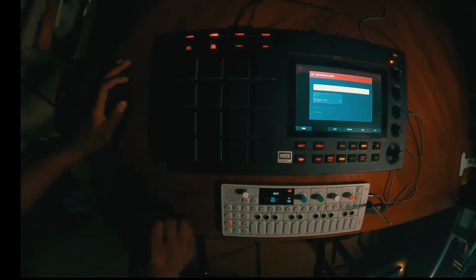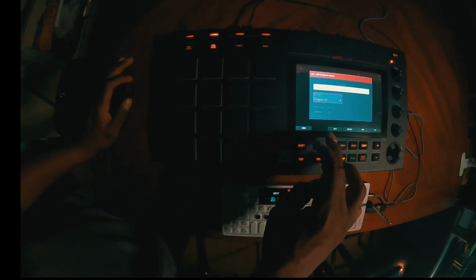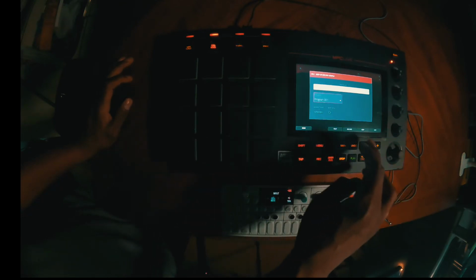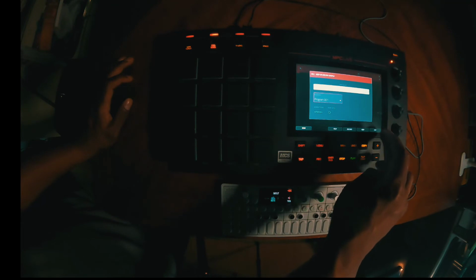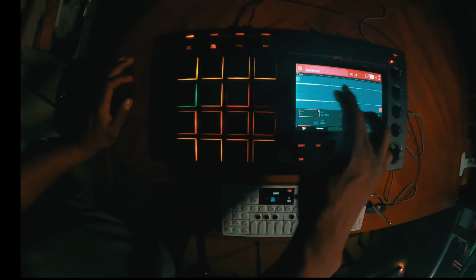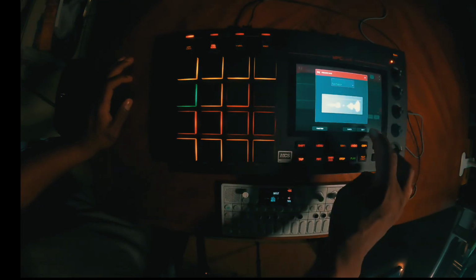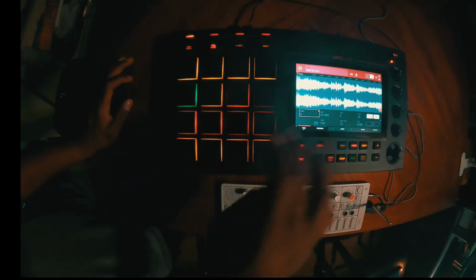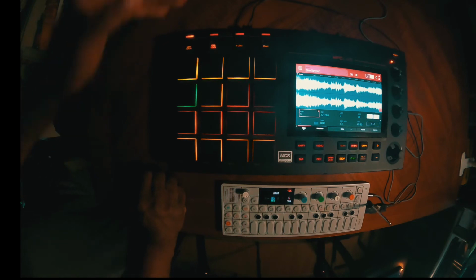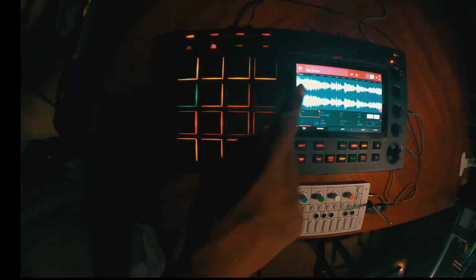Now we can keep it and rename it if we want to, but for this demonstration we're going to go to edit, and now you see the waveform. We're going to go process. I like to normalize it to get as much sound out of the sample as possible. Now if we hit the pad the sample's assigned to,